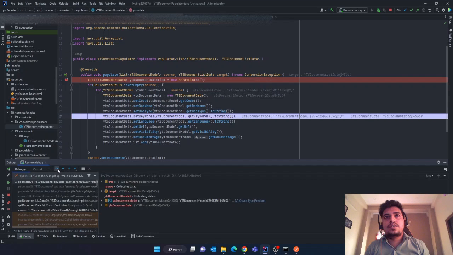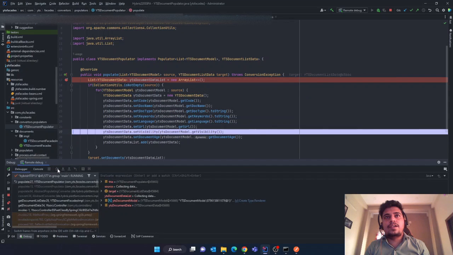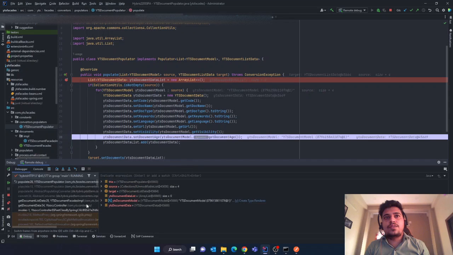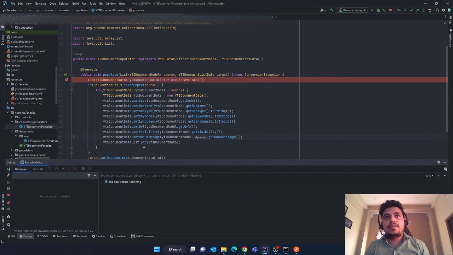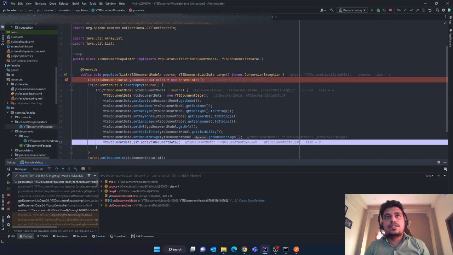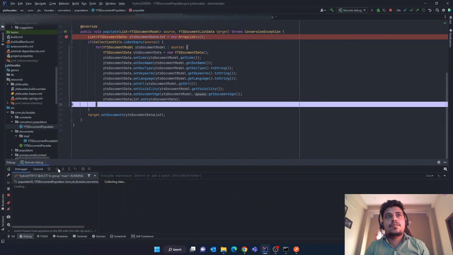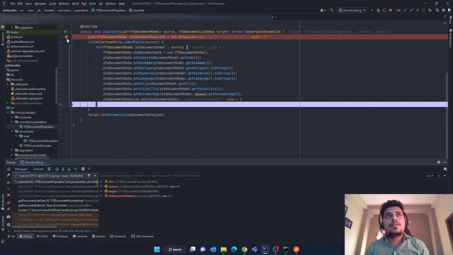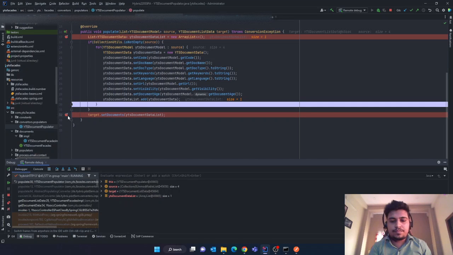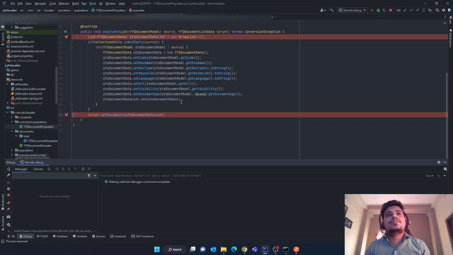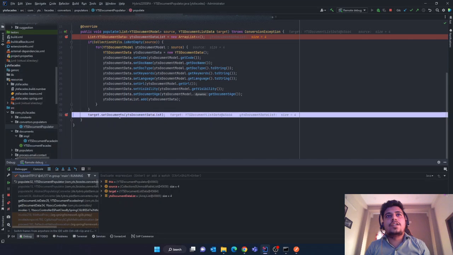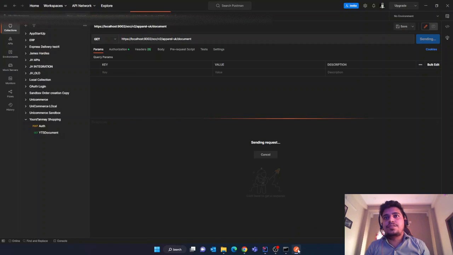If you see, it has set the code, the doc name, then doc type, keywords, language, URL, visibility, document age. Then when all the data got set for the first index, it will add to the list. The same will iterate 3 times. Then it will set to the target. If you see, now it is setting to the target. So if I release this debug and see the response,